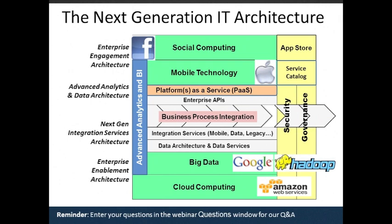How do you do integration in a way that enables these technologies to be incorporated and also allows you to transform into this kind of a 2B architecture? Finally, what we call the enterprise enablement architecture. So this is encapsulated by cloud computing and big data. Of course, Amazon, Google. I have Hadoop there just as a